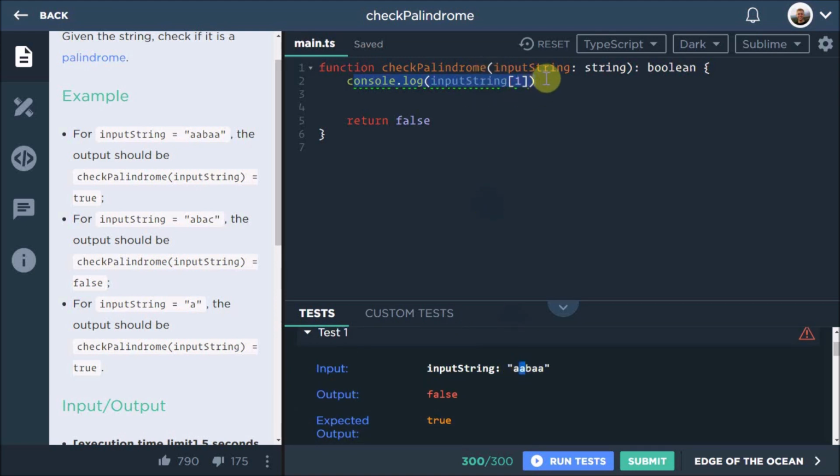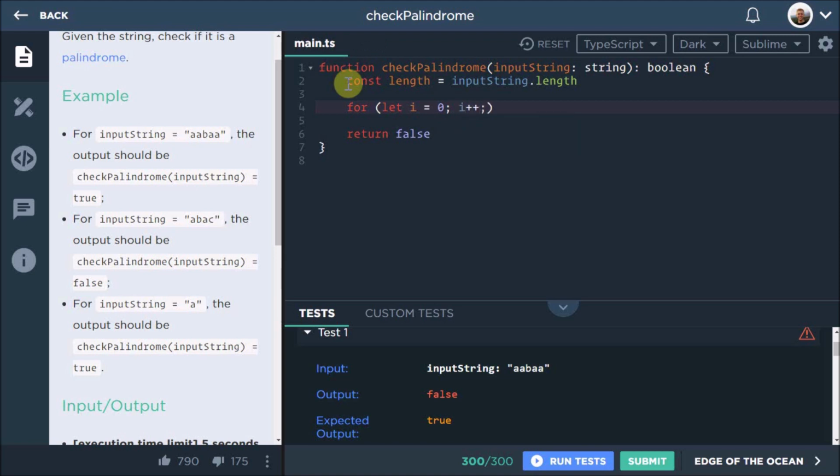So we don't even need to use arrays anymore. What we really need now is to just focus on the length, because this will affect how many times we run our loop. So we're going to use const length equal to input string dot length. And now from here, we're going to do our for loop. This is a bit complicated, but once you see how it works, it kind of makes sense. So we're going to let i equal 0. Again, we're going to start at the bottom now. i is going to go up each time, so at the end, i plus plus.